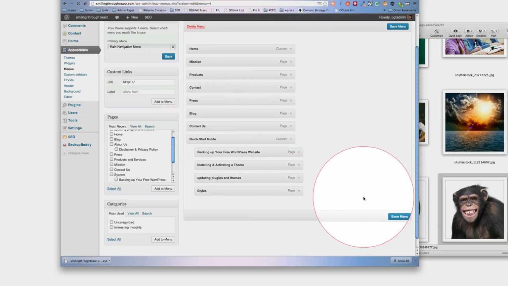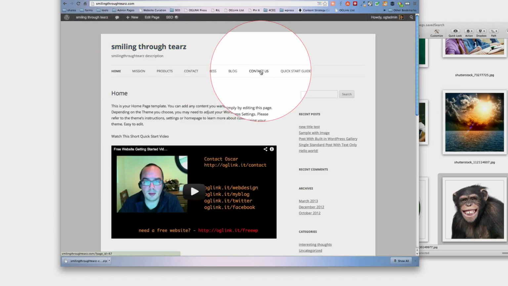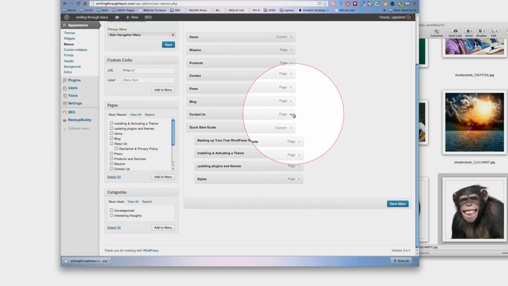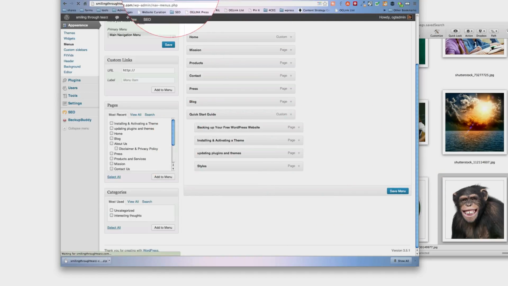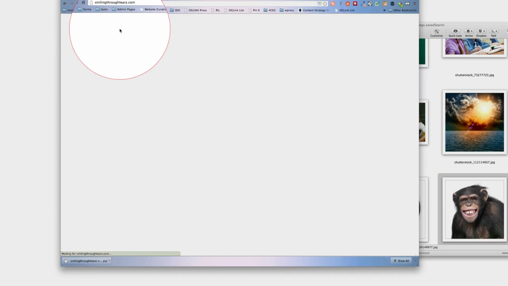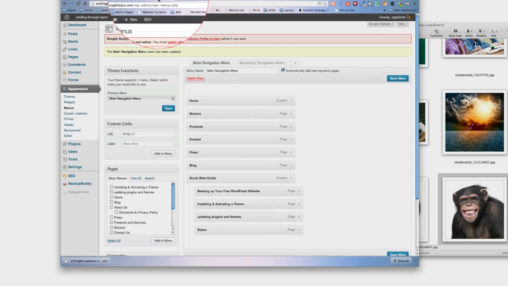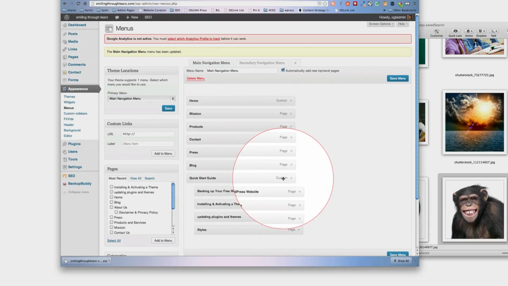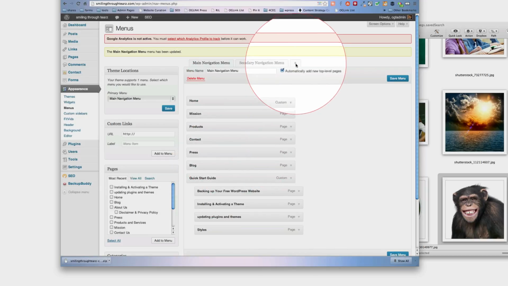Let me show you. If we click on Save Menu, and we go back to the home page, now we have another Contact Us page right here. Just a link to the page that we created here. We can click on that and click Remove, and that will automatically be gone. So for example, Quick Start Guide. Once you are finished looking through the Quick Start Guide and you want to delete it, you can either come here and delete all these menus, and then you're left with only this, or you could create a new menu,